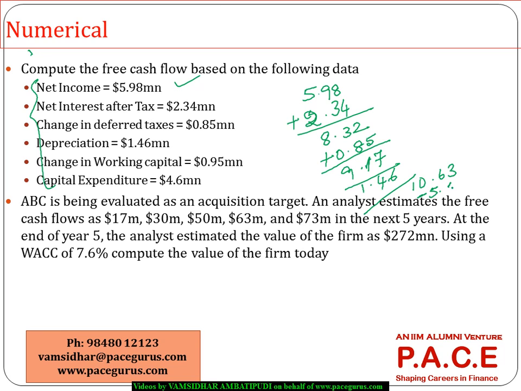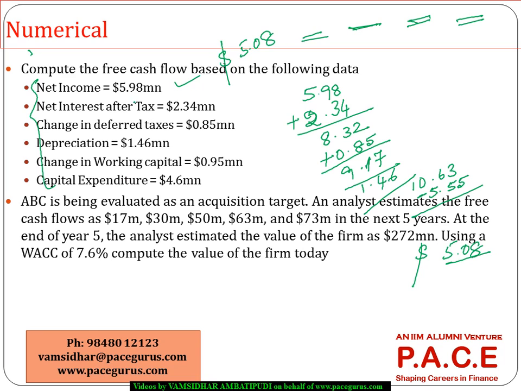So this will be decreased by the extent of some 5.55 million. So net is nothing but 5.08 million. So this 5.08 million will become my cash flows, free cash flow for this particular period. The same way I can compute my cash flows for each of the periods for the next few years. I'll make pro forma financial statements, arrive at these kind of calculations for each of these years, and based on that I will arrive at the free cash flows for each of the years.